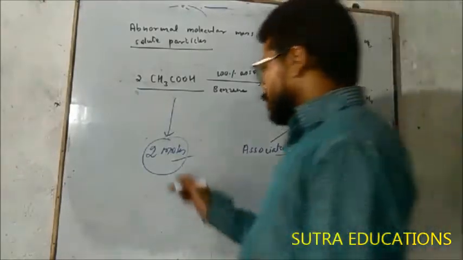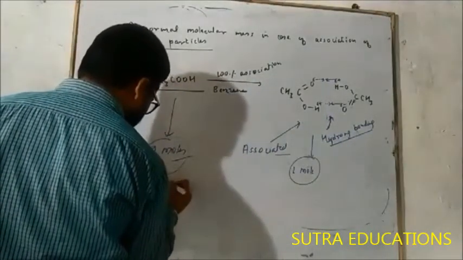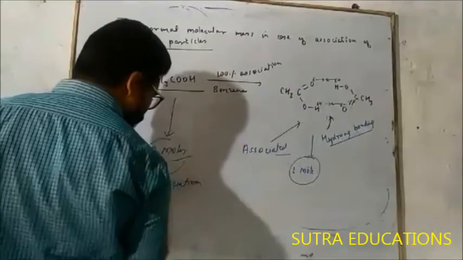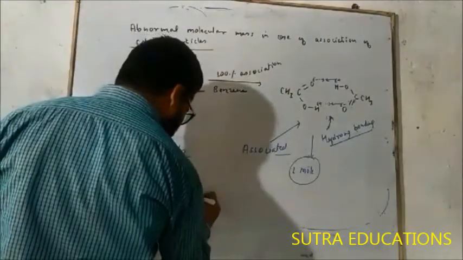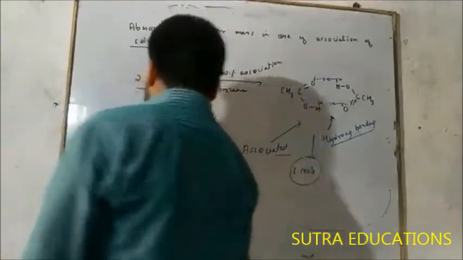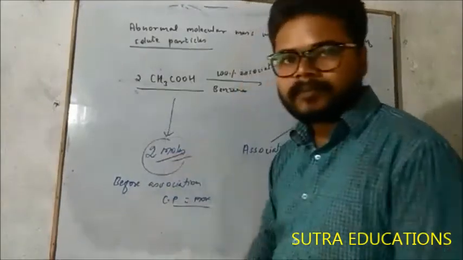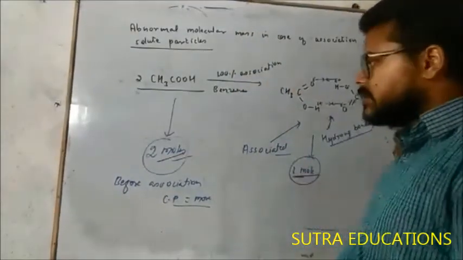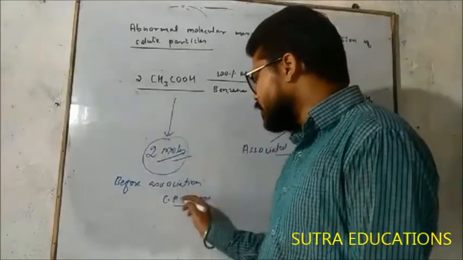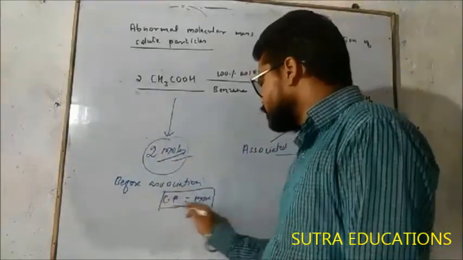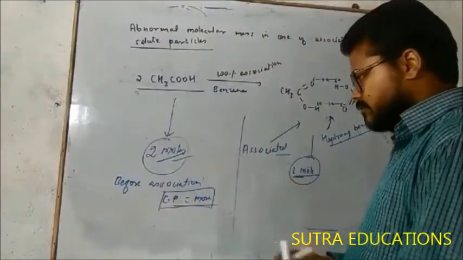So before association, colligative property (CP) was more, because colligative property depends upon the number of moles of solute. Here 2 moles of solute, here only 1 mole of solute is there. So 2 moles of solute means colligative properties will be more here. And after association,